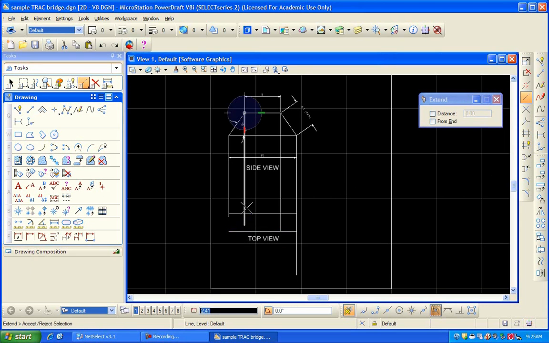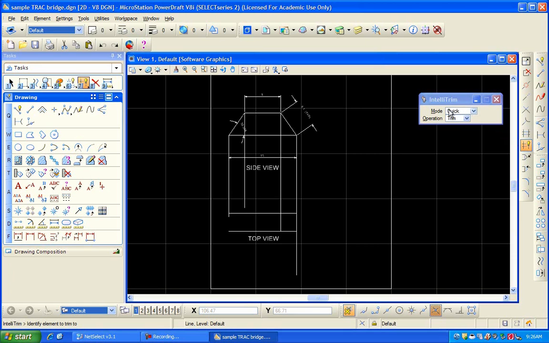I'm going to shorten this line up. This is an extend line. I could extend this further or shorten it down a certain distance. Just for demonstration, I'm going to shorten that there, and that was this button here, extend line. To show you what the IntelliTrim is, if I select that function,